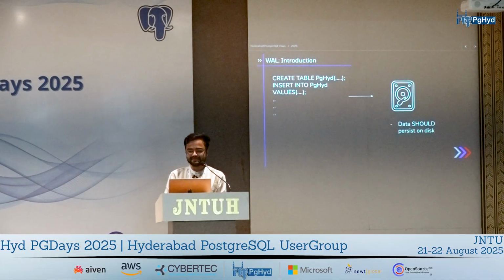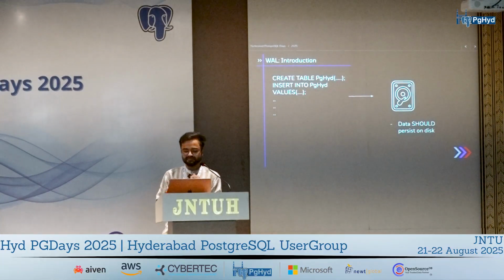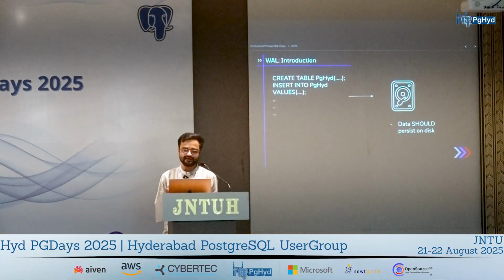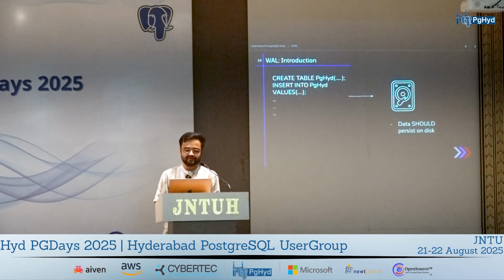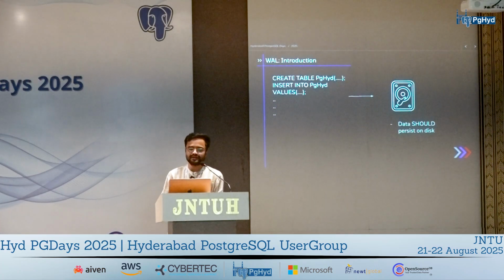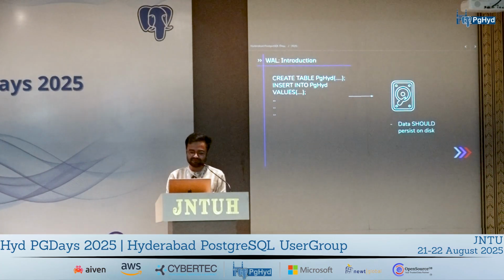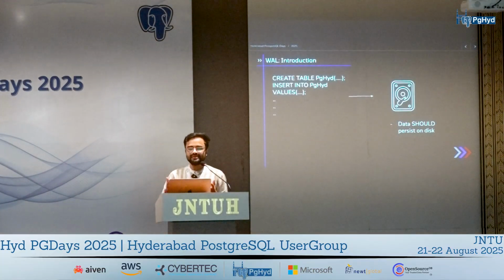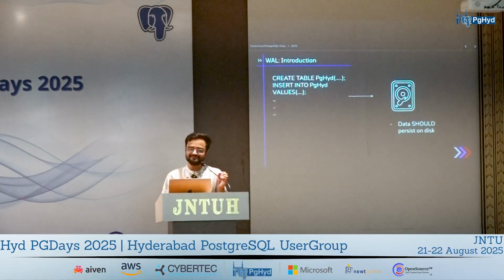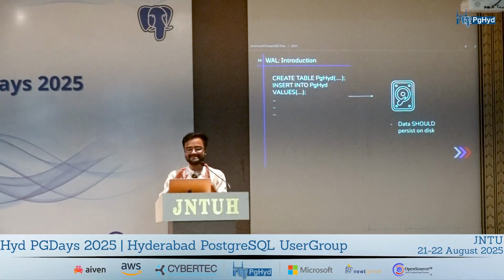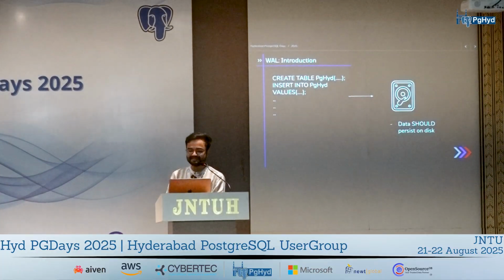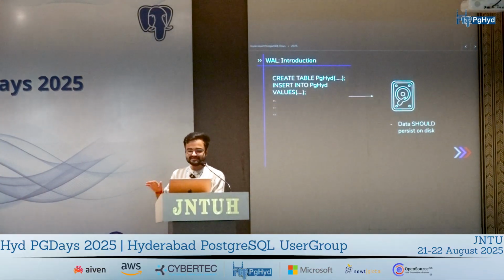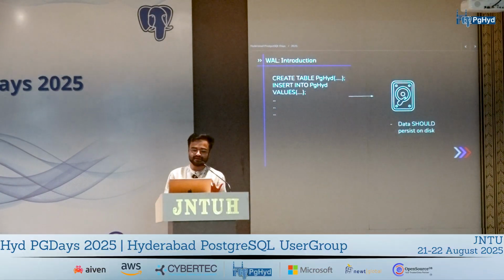Now, let's take it from the perspective of an application developer. Why do we actually need a WAL in place? If I'm an application developer, I just started out using a database. Postgres is my first database, and I'm not aware of how a database actually works. For me, there is literally no difference between a file system and a database. I'd just say, insert this data within this particular file, and keep it on the disk till I need it, right?